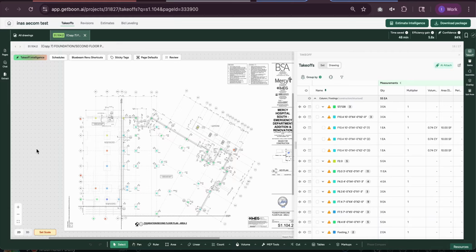So we fixed that in the back end. It is more on the logic side, so the fix is not visible. But previously, if you had no scale and no dimension like this, you may get values and not be aware that the values may not be accurate. And if you're aware that the values are wrong, you need to do the takeoff again with the correct scale or the correct dimension to get this number correct.